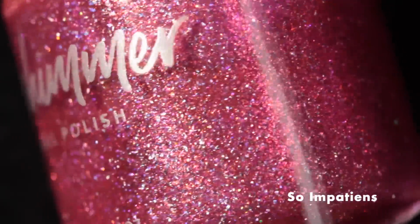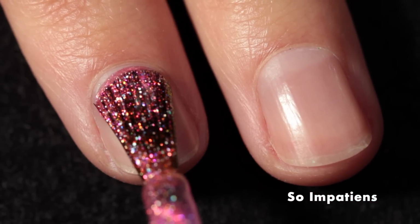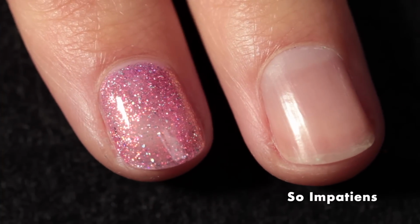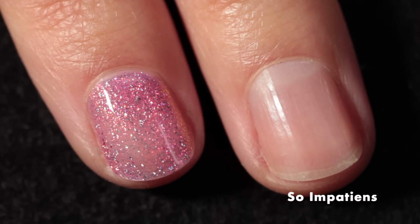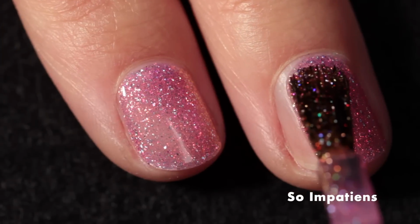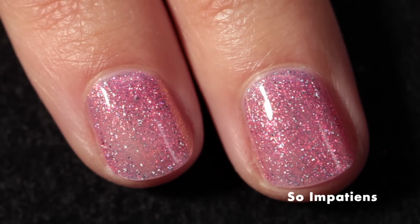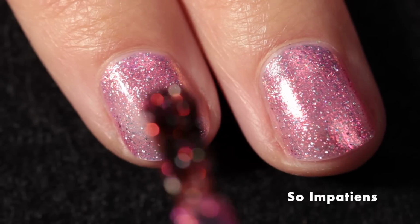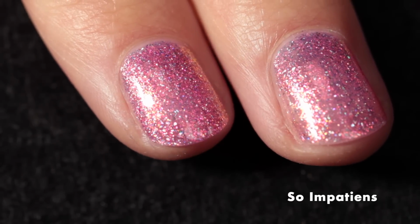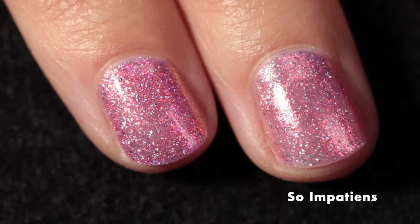And now we're moving into the spring collection. So this first one is called So Impatiens, and impatiens are some of the earliest flowers that come up in the spring. This one is described as a vibrant and punchy pink shade loaded with shifty shimmer and holo glow flakes. Lower lighting will bring out hints of orange, red, and gold, and it can make the magenta appear more coral. They recommend 2 to 3 coats, and I was happy with it in